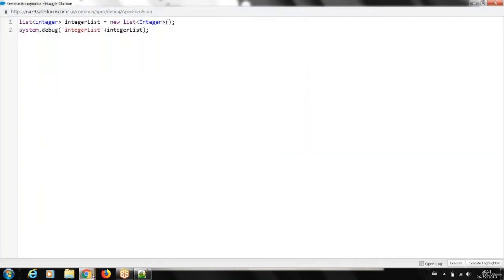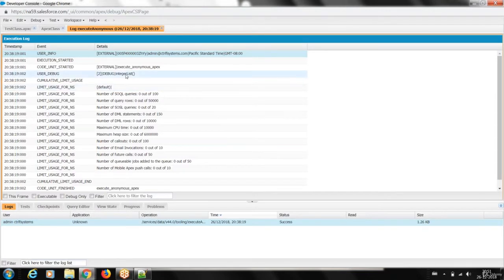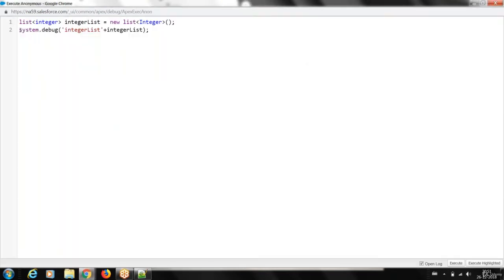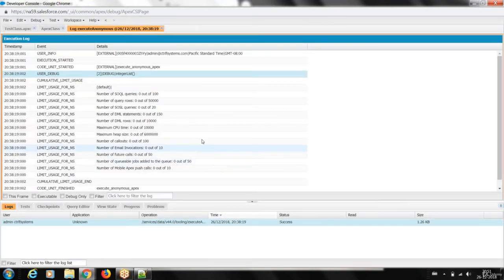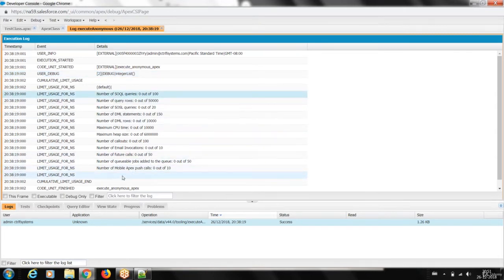Then at line number 2, I have a System.debug statement that I'm printing. If you see the line 2 debug, the list is empty, because my list contains nothing. Then the resources we used are printed here, and we completed the execution.